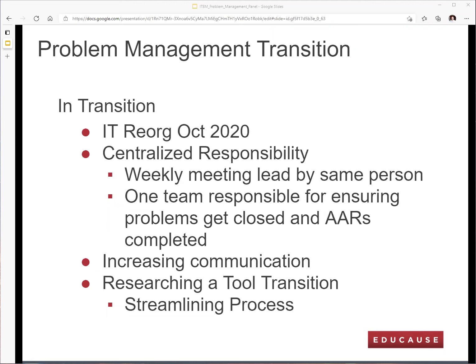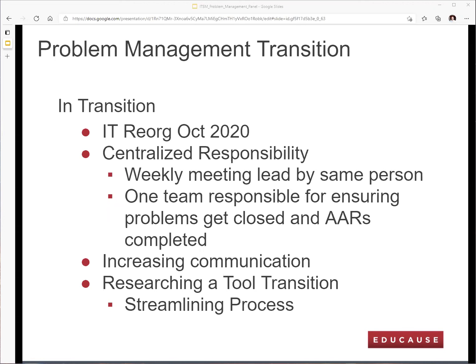It's not that it can't be handled by the service owners, that they can't be the problem managers. It was just the fact that we wanted to provide some consistency. With so much change, we wanted to be able to give that organization a little bit more structure from leadership and strategy. So that's when I became the problem manager, in the way that we felt that it was really important that we were providing